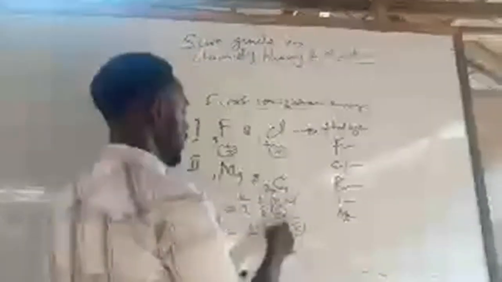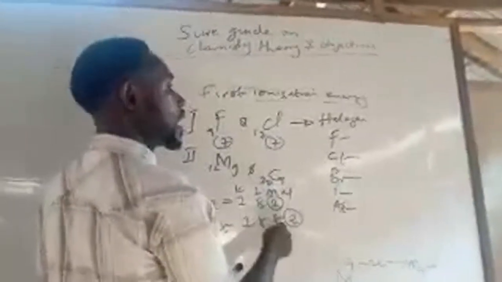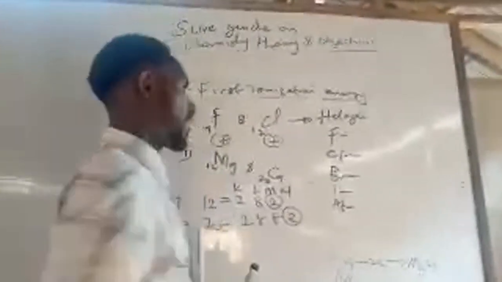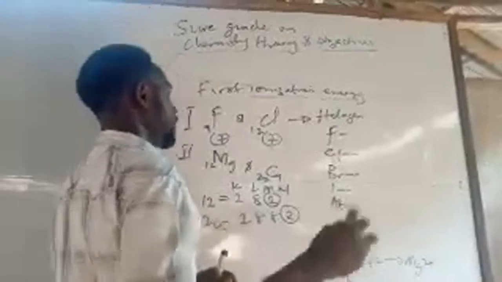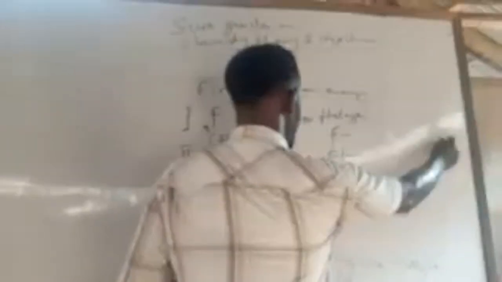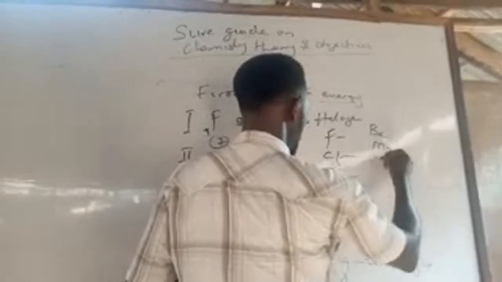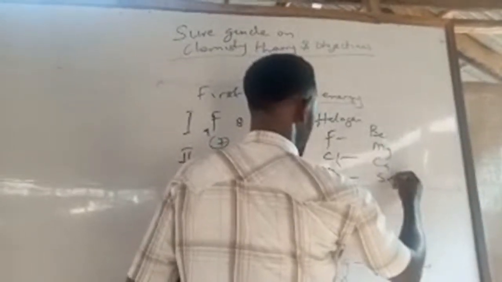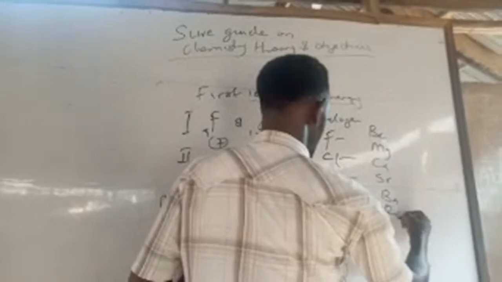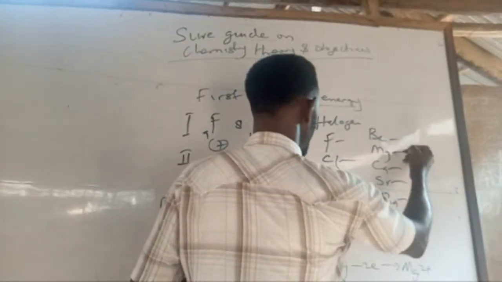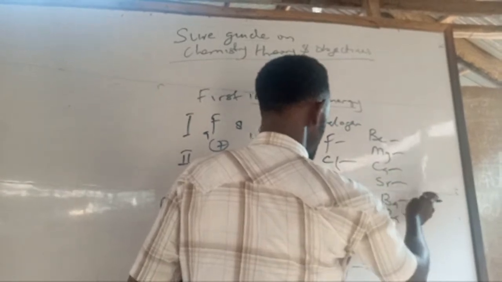So magnesium and calcium have similar chemical properties because they have the same valence electrons, which is what? 2, and they belong to the same group, group 2. That is the alkaline earth metals. For group 2, you can use this acronym. You say "Be Majestic, that's me teaching you. Can Sketch Be Real?" That's Be Mg Ca Sr Ba Ra: beryllium, magnesium, calcium, strontium, barium, radium.